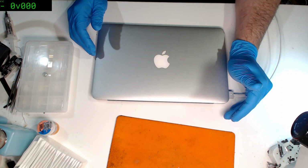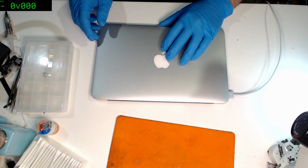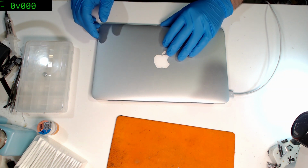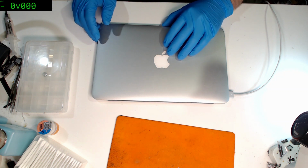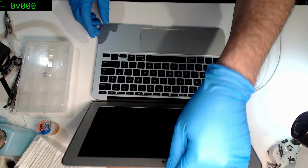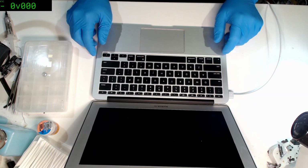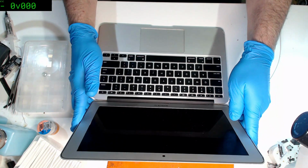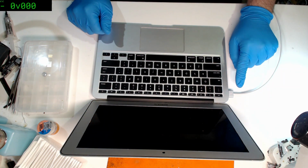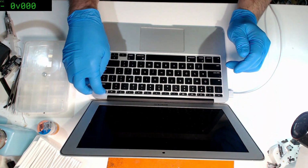We actually do get a green light, and we're jumping up to 700, 800. It's doing something. 900, so it's definitely not dead. We're up to an amp. 1.2. Let's open it up. So we don't seem to be booting though, and the screen doesn't seem to be energizing. I think we're charging. That's what's going on there. See if...